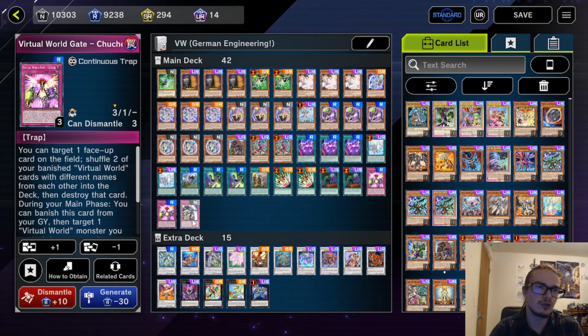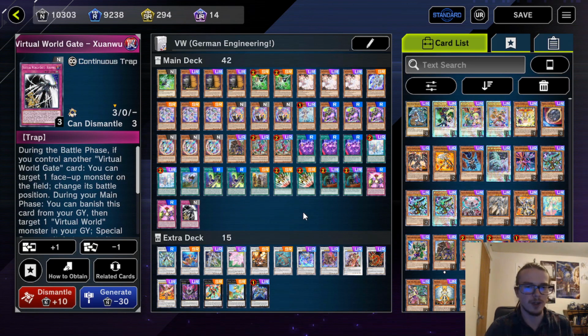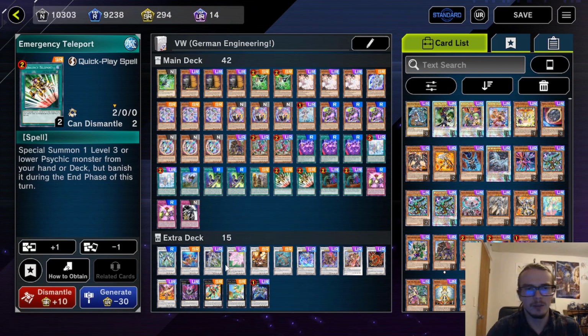Then we have the 2 Chuche in order to pop a card or modulate levels, and then the one Zhuanwu in order to special summon back. We're also playing 2 Emergency Teleport and 2 Called By as the rest of our spells. So we're playing 42 cards as well, because there isn't really much that we could cut. I guess we could cut E-Telly, but it came up quite a few times just to have it,